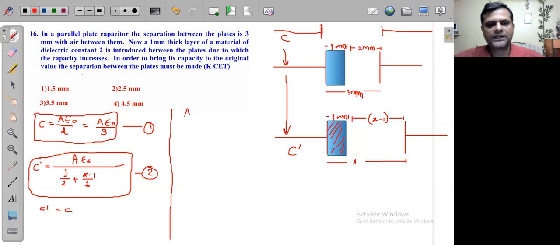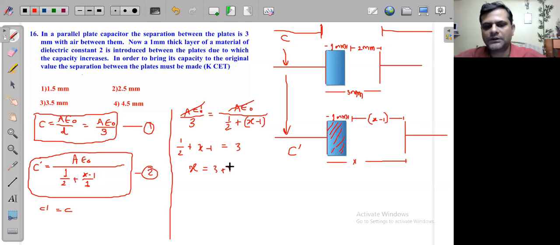तो C dash equal to अगर C कर देंगे तो हमको मिलेगा क्या, तो इसमें देखो A epsilon naught upon 3 should be equal to A epsilon naught upon 1 by 2 plus x minus 1 simply। Just don't worry about this millimeter, because in both of these equations, this 3 also and this 1 also and x also is going to be in millimeter only, so it doesn't matter if we don't convert it into meter। So in this case here, if we just cancel out this A epsilon naught from both sides and just cross multiply it here, then we can get it as 1 by 2 plus x minus 1 should be equal to 3।